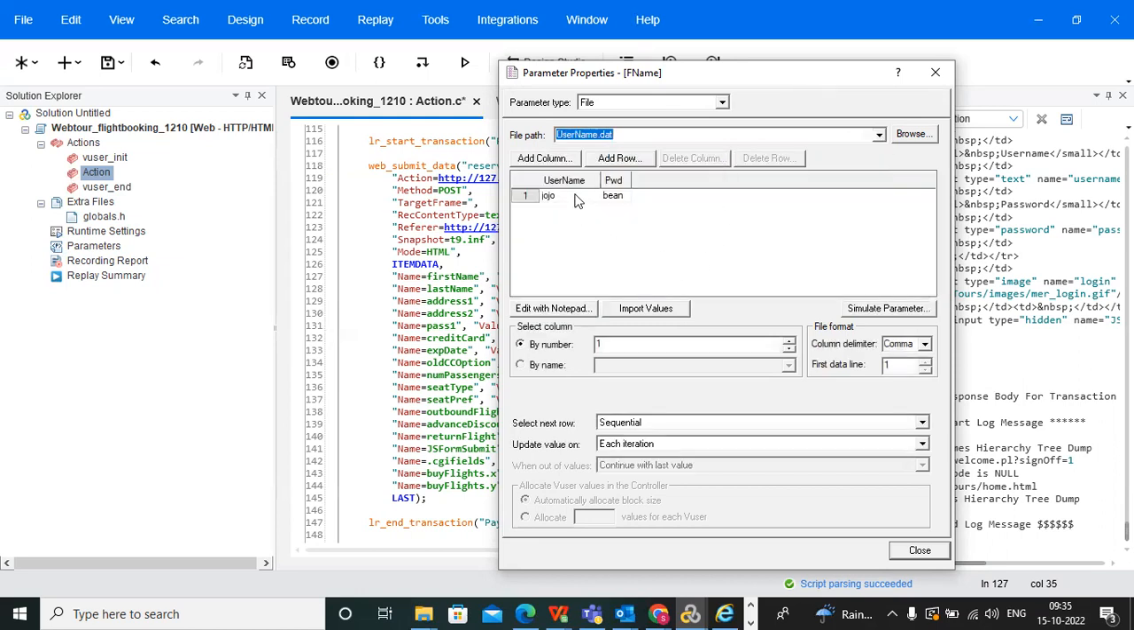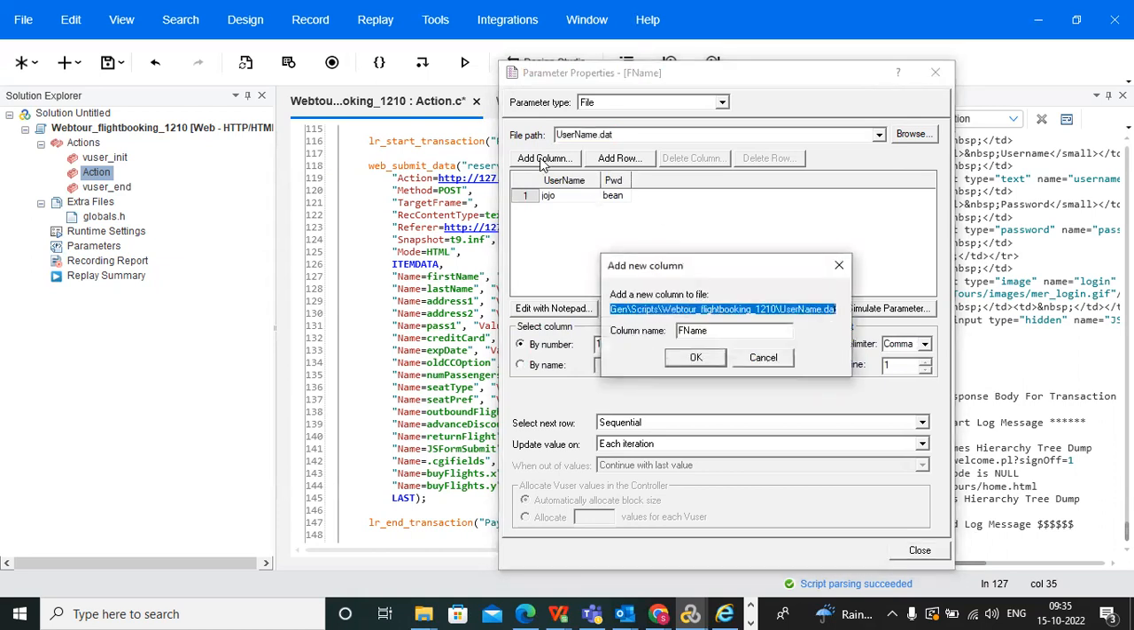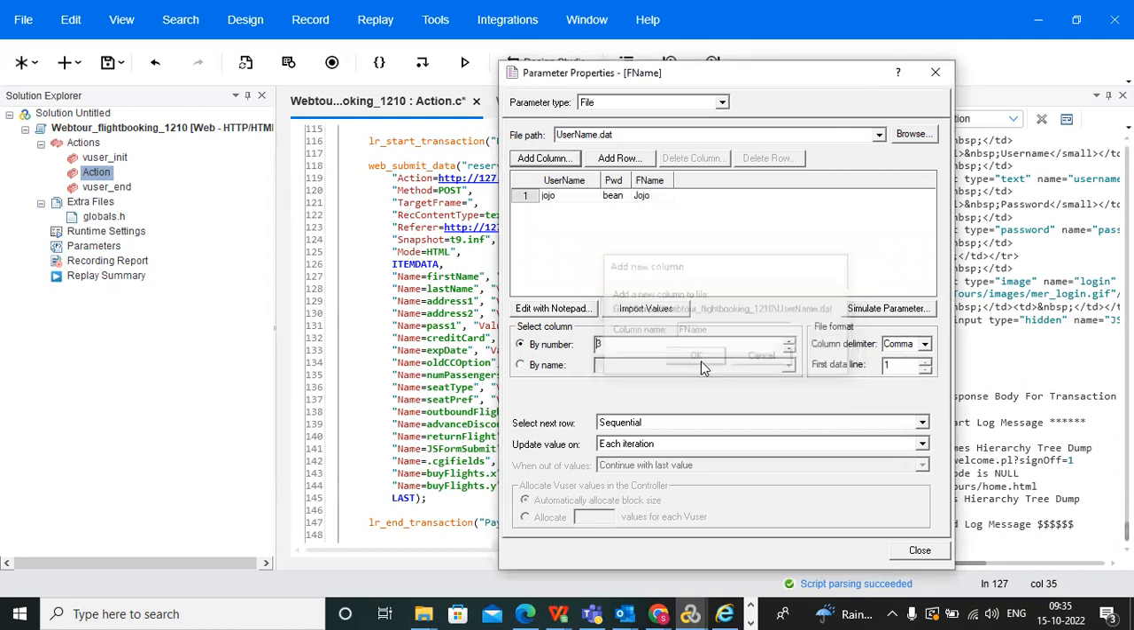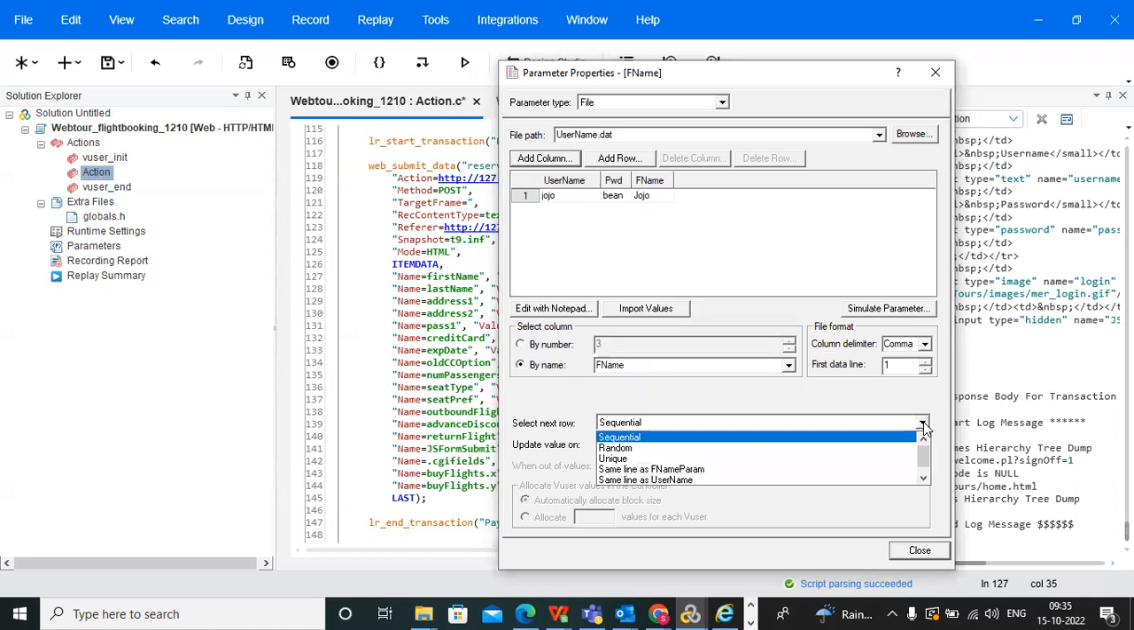You can observe we already added the password. Now what we need to do? Click on add column and add the name, first name, F name. Click on OK. After that, by name, you can select F name. And here we need to select